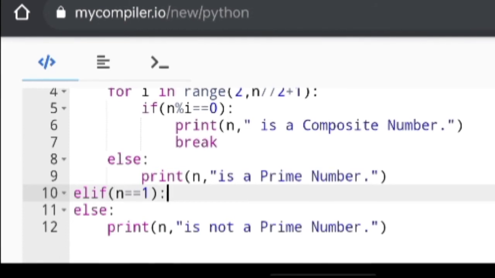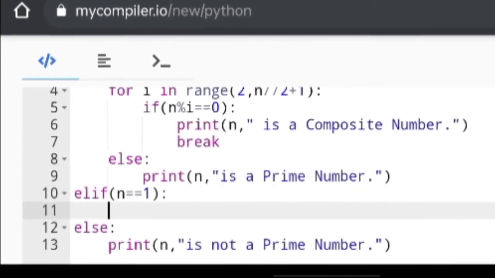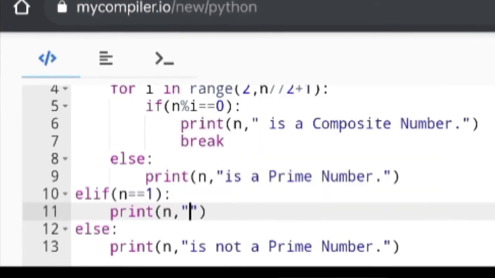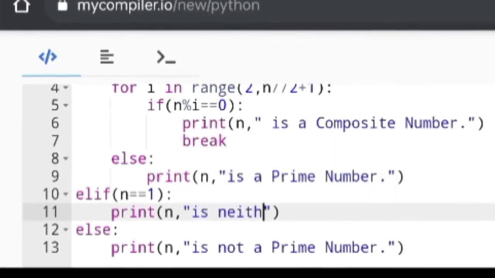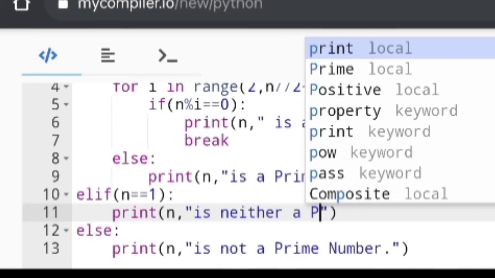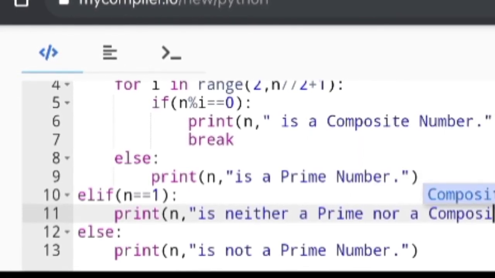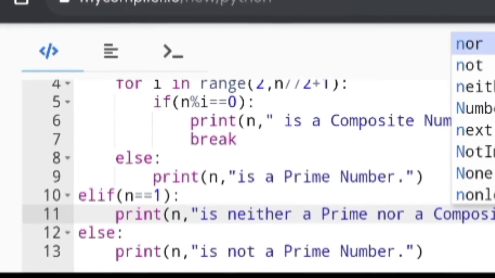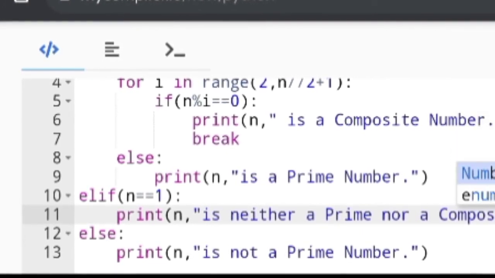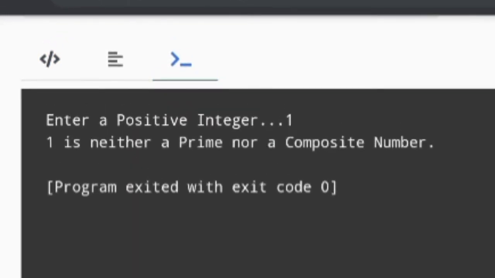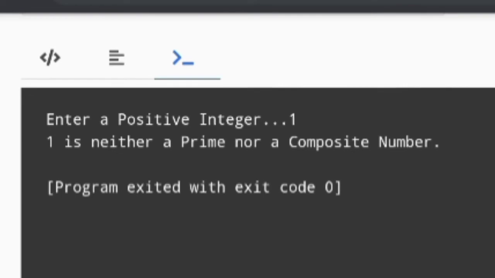As 1 is neither prime nor composite, it will write that n is neither a prime nor a composite number. And if I run this program, you can see the desired output. In this way, the main idea of the program remains the same, but still you can make these programs more user friendly.